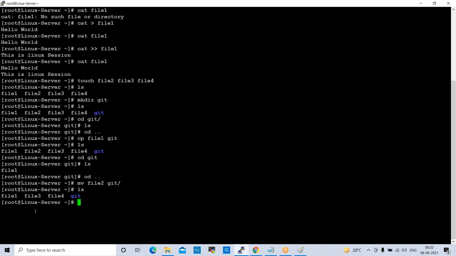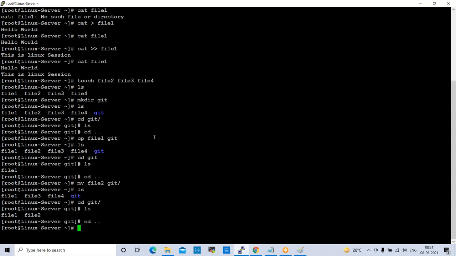So file2 is not available here. Okay, this is moved to git directory, right? Now, if you go and check in git directory, cd git, ls here, see here, file2 is available inside of the git directory, right? So this is the difference between copy and move.